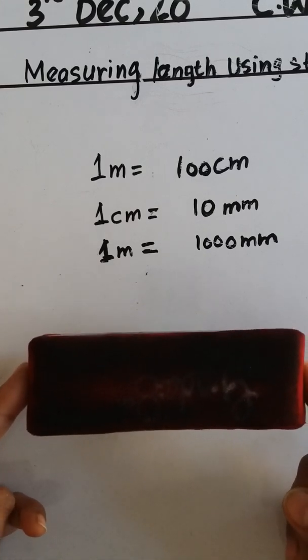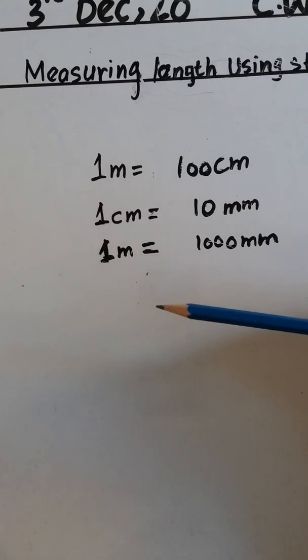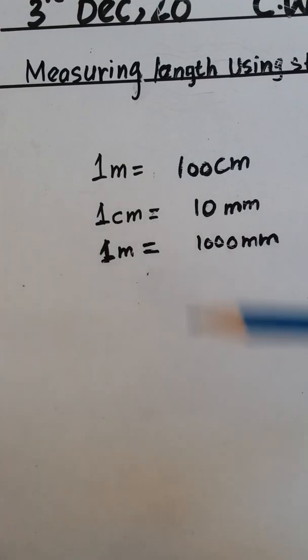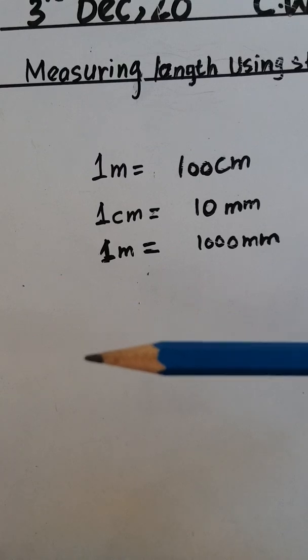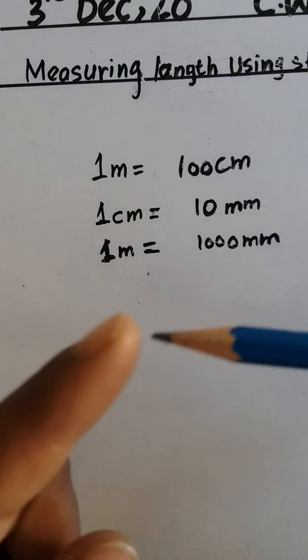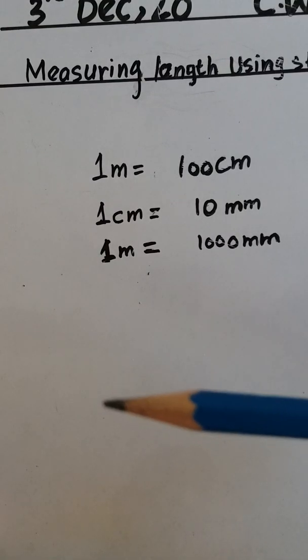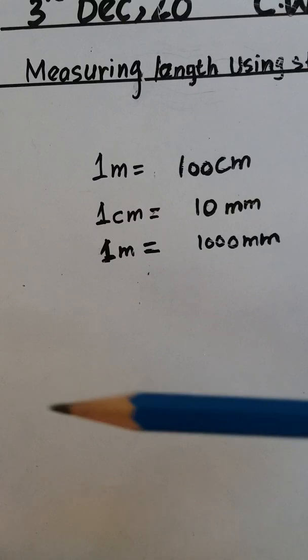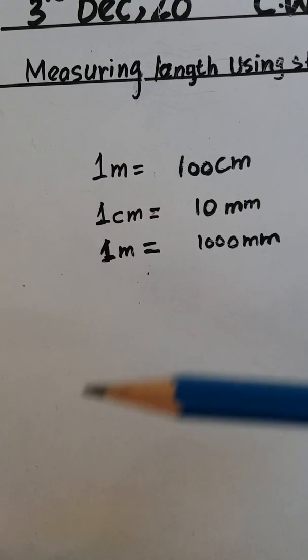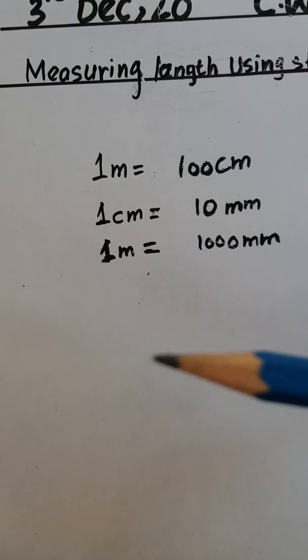Okay, and when we use millimeters, for very small things, things smaller than a duster and even smaller than a pencil. For example, the lead of your pencil, can you measure it in centimeters? No, we can't measure the lead of the pencil in centimeters. We will use millimeters. Okay, grade 1, I have told you why we use different measuring units.